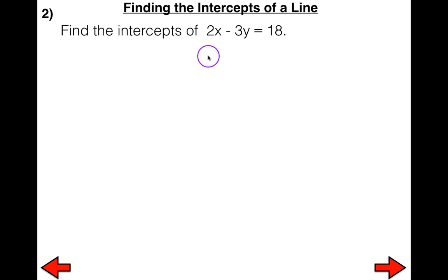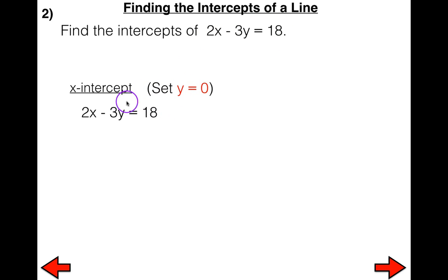Again, what I'm going to do is first look for the x-intercept, and in order to do that, since my focus is on what is the x, I'm going to camouflage y and make it 0. I'm going to go ahead and use the equation here. So instead of y, I'm going to substitute 0. Now I'm just going to simplify. I have 2x equals 18 because this becomes 0. I'm going to divide both sides by the coefficient, 2,